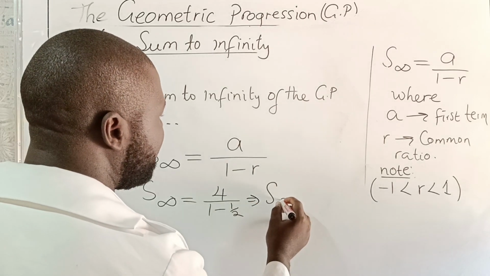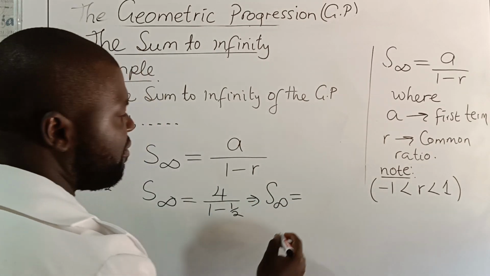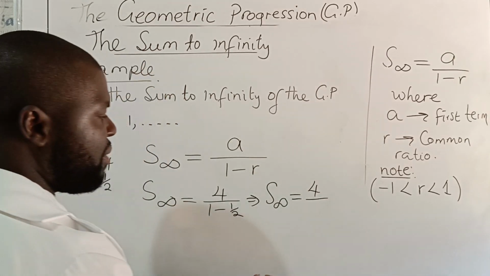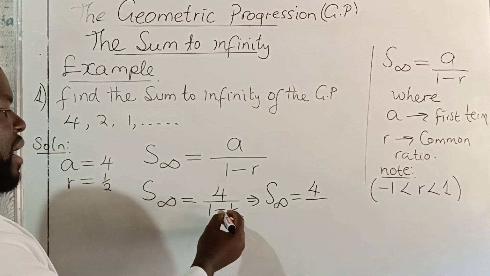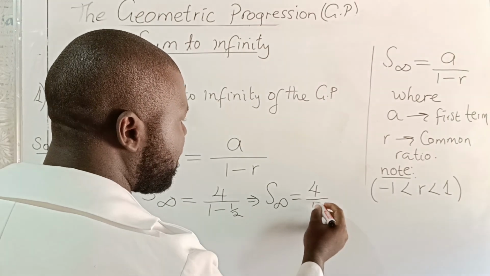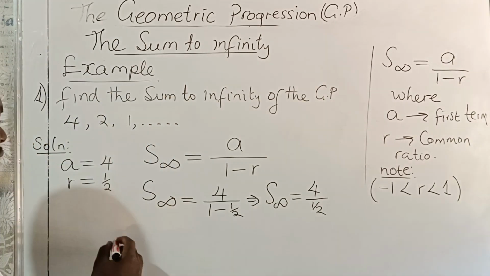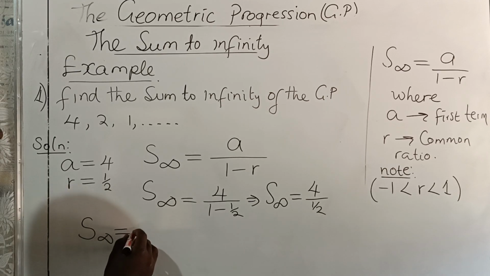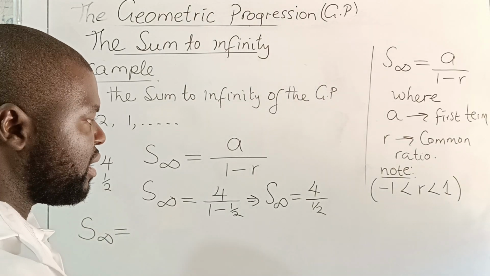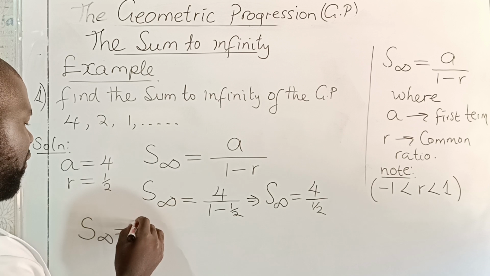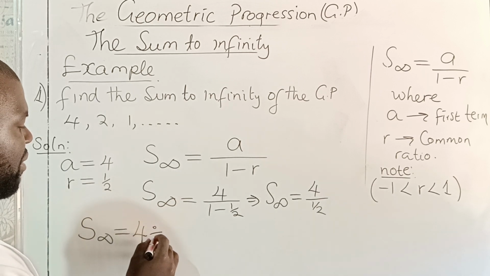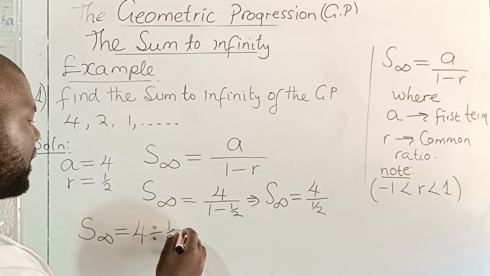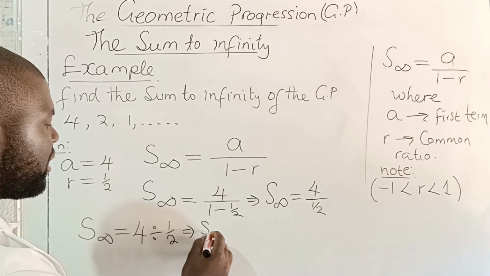The sum to infinity is given by 4 divided by, now when we say 1 minus 1/2, we shall get 1/2. Therefore, the sum to infinity is given by 4 divided by 1/2 is the same as